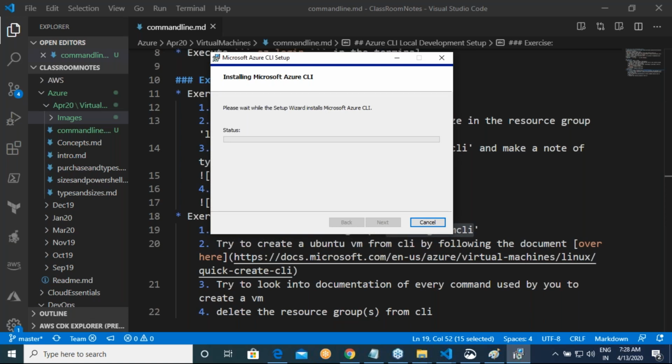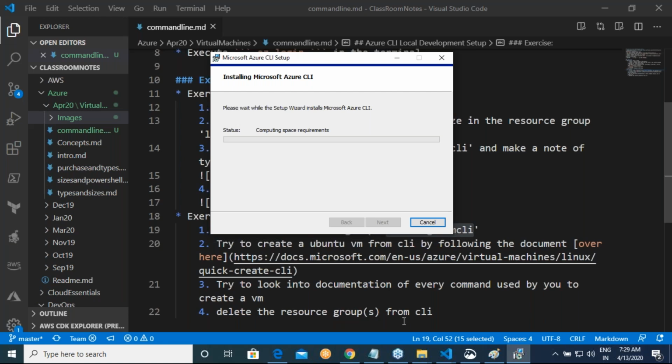Okay. For every command which you have used, please have a look at documentation. Okay. And that is where we'll start our journey. So today you have looked into the document and then you have created a virtual machine, right? So what we will do in our next class is whatever we are basically doing it from the portal, we will try to do it from the CLI and also from the PowerShell, right? So in that process, what we would try to understand is whatever we achieve from UI, we can do it from CLI as well, and that is going to be the approach for the next couple of classes.